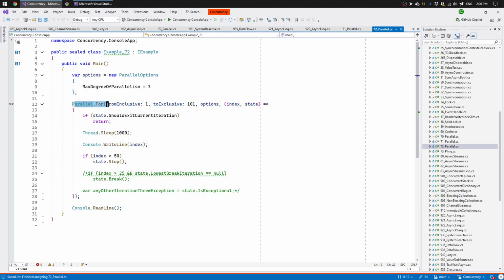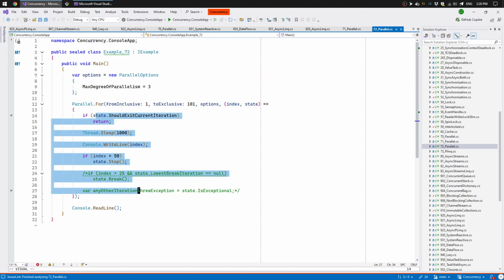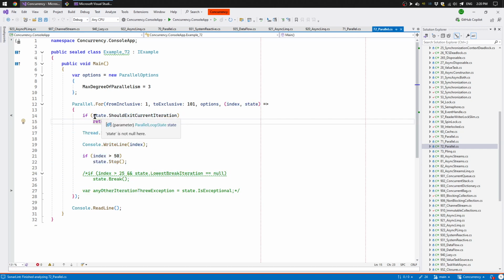These methods also provide you a state parameter that you can specify together with an index, which will be available in your delegate. And this state has various properties that you can inspect and various methods that you can use. For example, here I'm checking if the property should exit current iteration is true,